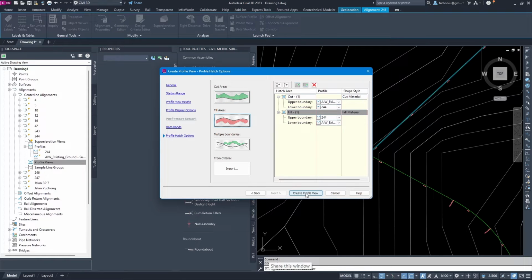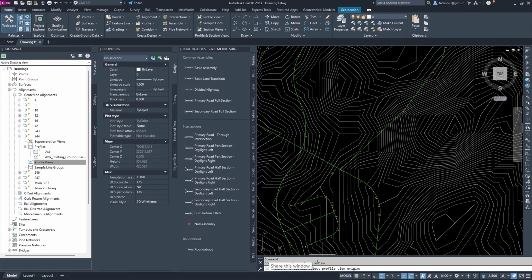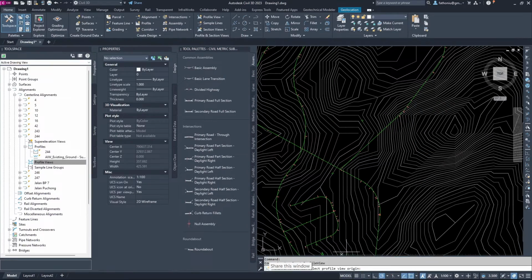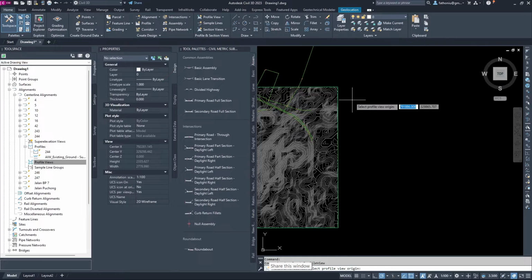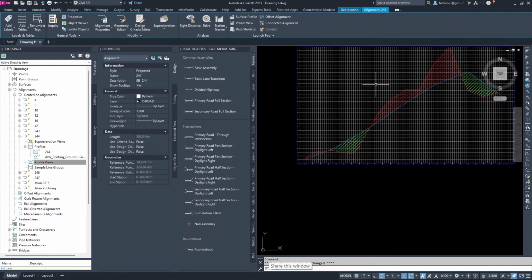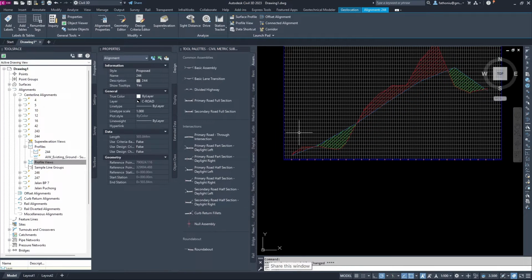And then after that, create profile view. Click this one, and then you can see here we are asked to select the profile view. It is still on. So then here we click outside. You can see there. So then we can modify this profile because it is segregated.